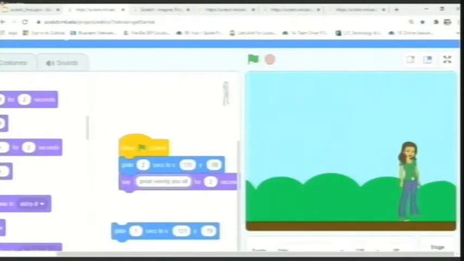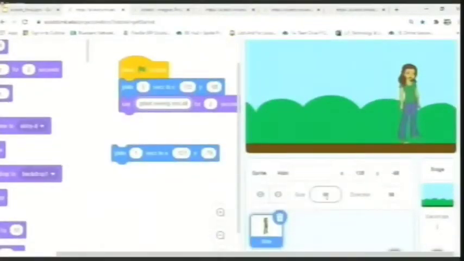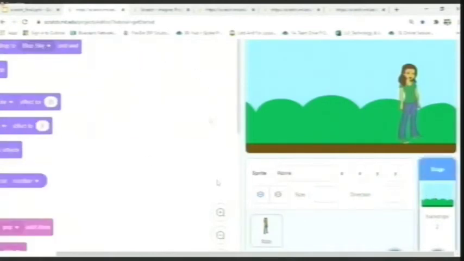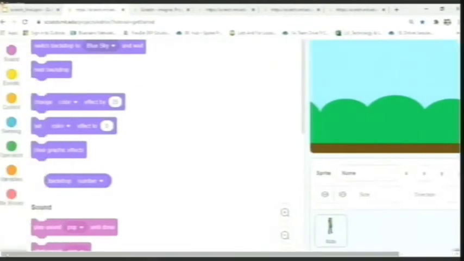Now, I know that Abby is moving from one place to another. There's one image moving. Can I also make the background move? Is that possible? Yes, it is. And we are going to see how that is possible. Now, in order to code your background, the steps are very similar. All you have to do is select the background here and your script area goes clear, which means the space is available only for coding the backdrops, not your sprites. So I have clicked here, and again, I have to go to my programming blocks.